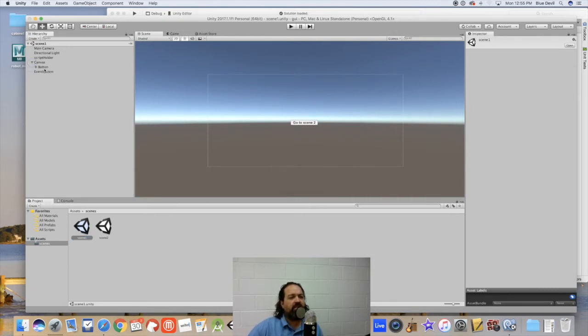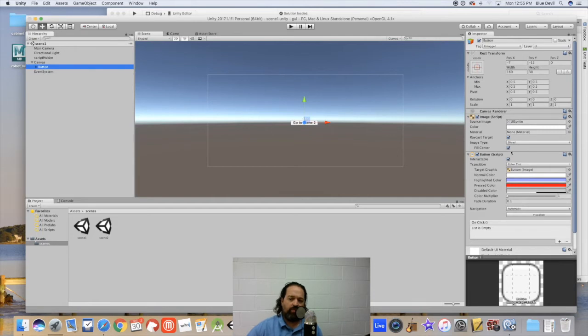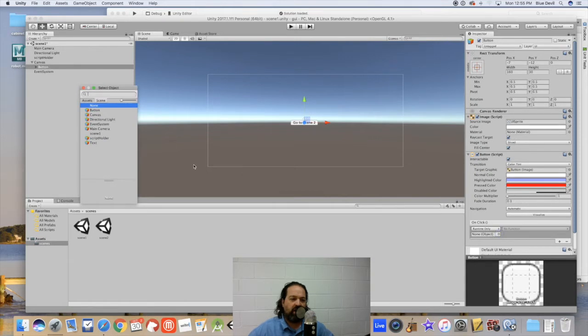Select the button itself. Now, we need to go over here to the inspector, and it says On Click. So right down here on the button script, On Clicked. I'm going to hit plus, and this menu will come up, and I'm going to hit the target right here where it says None at the moment. I'm going to hit the target, and I need to go to, and I'm going to double click on Script